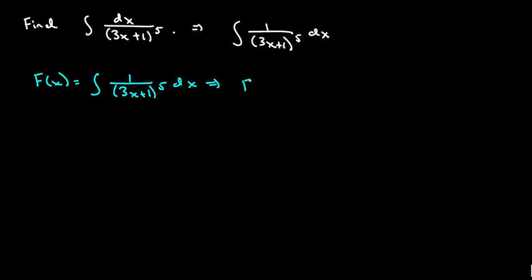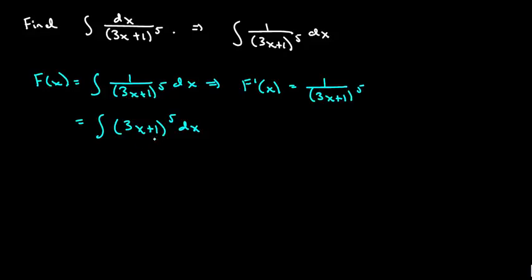Such that when we take the derivative of f, we end up with 1 over (3x plus 1) to the fifth. So another way of thinking about this would be to write it like this. Okay. Now, what can we do? Well, we can guess at this a little bit. So we know that if we just had this, whoops, this should be a -5. Sorry, there we go. We know that if we just had something like this,